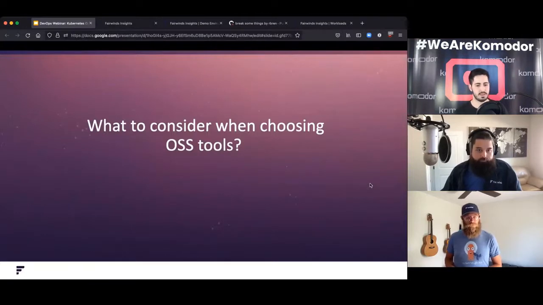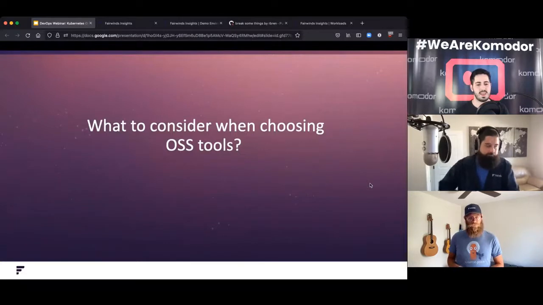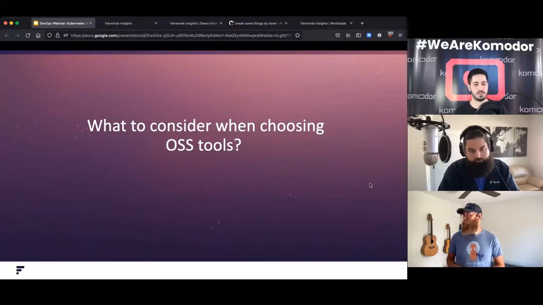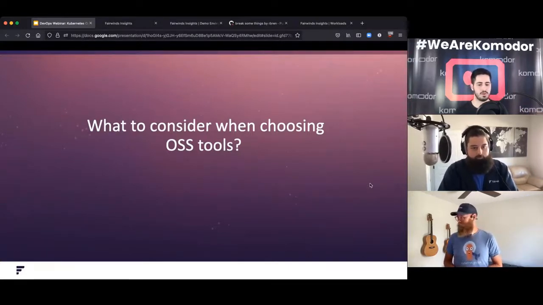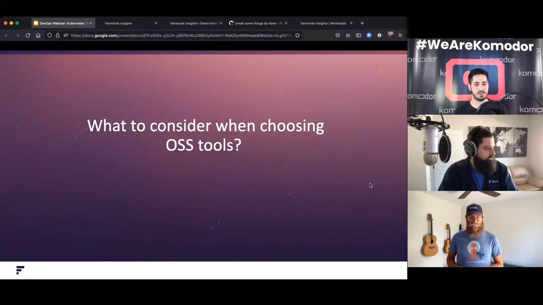If this project is written in Python and I want to extend it in the future, and none of my developers know Python, it may be a bad choice. I also want to look at whether the project has prerequisites, like some infrastructure. Do I need to install something before I use the project? Do I need to write some code or some configuration